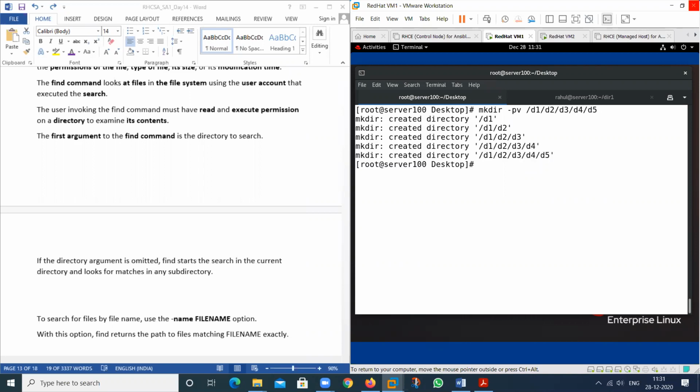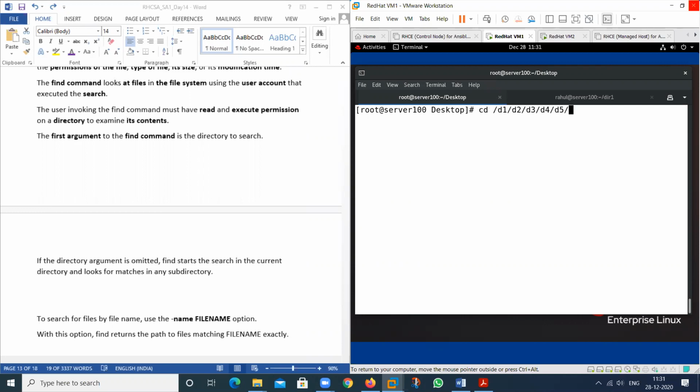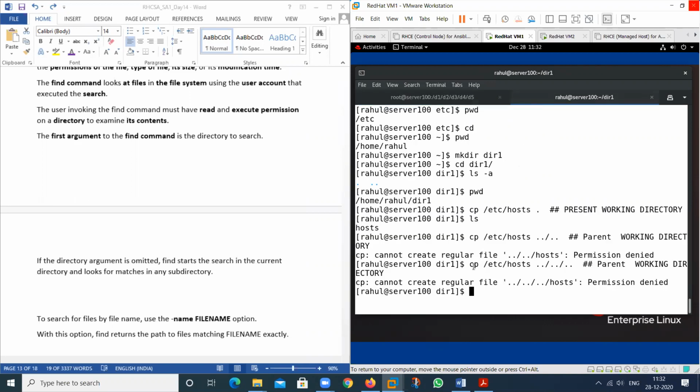Then move to d1/d1, then d2, and again this one. See, at this time I am in this location and I am using this one command.